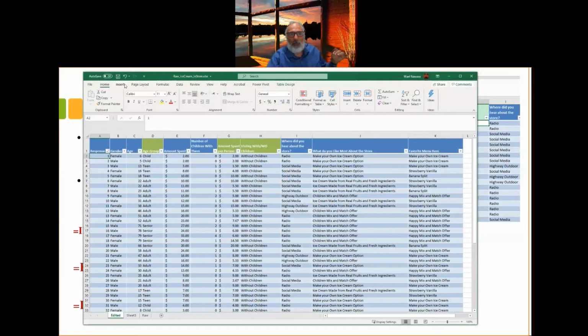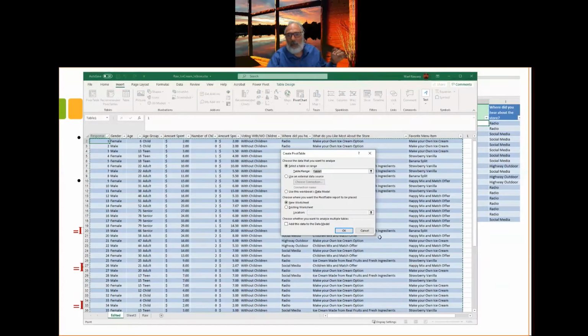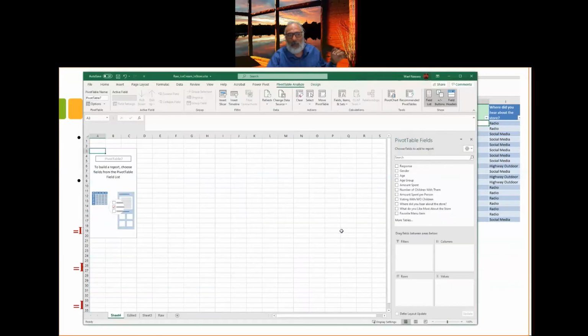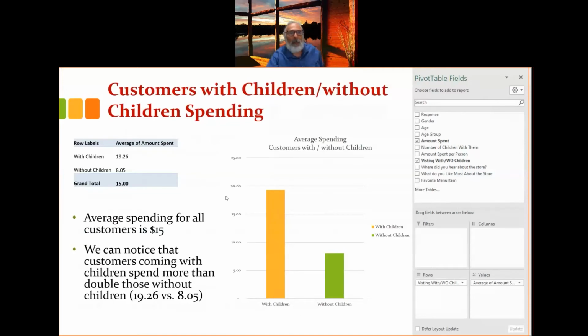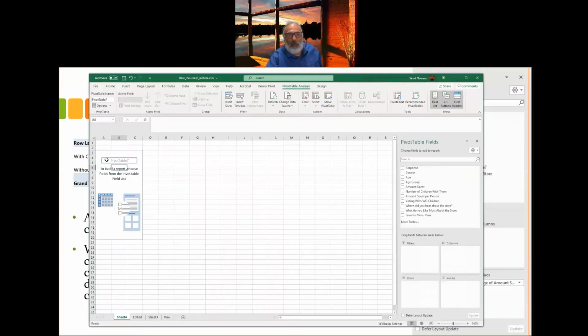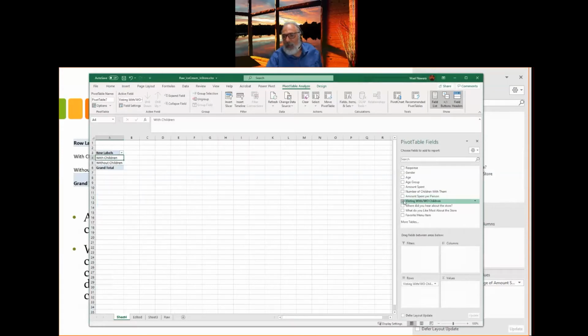So I'll just go insert a pivot table here, and I'll choose a new sheet. So it has created my pivot table. So what do I want to analyze? For example, I want to know about customers who are coming with children or without children. What is the difference in spending? So I'll just choose here visiting with or without children, and then I will also